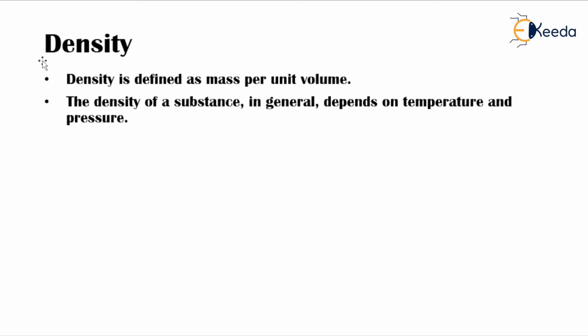Now moving on to density. So when we talk about density, density is defined as mass per unit volume. Mass per unit volume. The symbol for density will be rho. We will use this symbol for density. The density of a substance in general depends on temperature and pressure. Obviously it will depend on temperature and pressure, but we will write it like this: